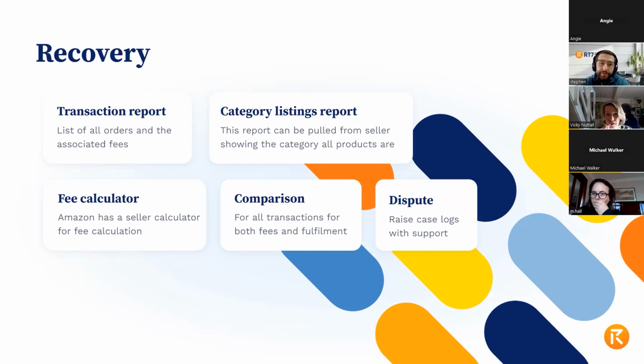Things like the category listings report can also be used. That will tell you which category the products have been listed into, and you can see if what is listed there matches what should be there. And with all of this, you're looking to compare the reality of what you're being billed with where it should be. So you're just trying to audit effectively and bring the two things into alignment. And once you have all of this, there is not a dedicated dispute section in seller for this. It is through case logs. You have to raise case logs asking for them to go through and do this.